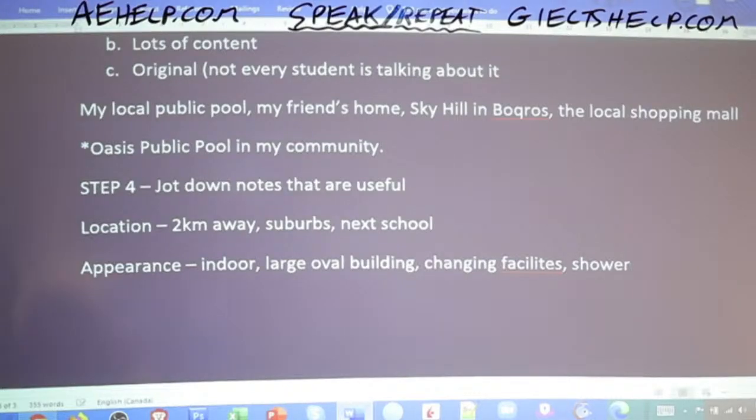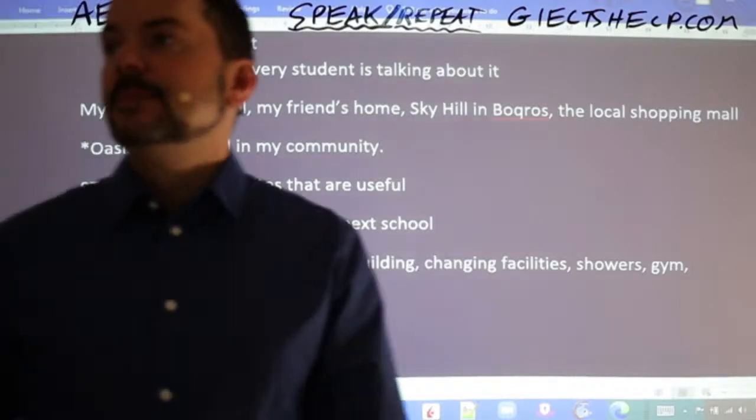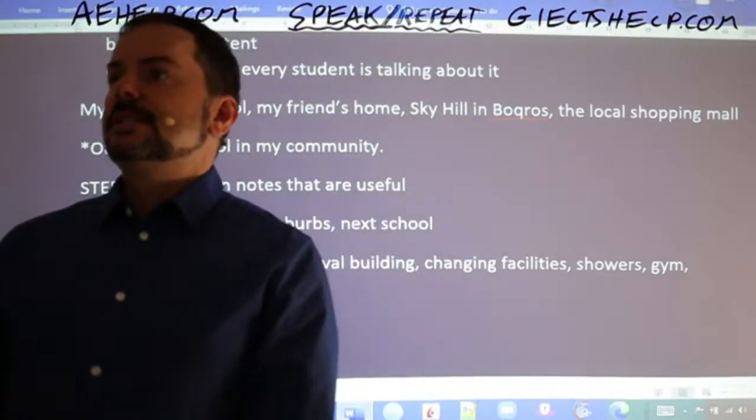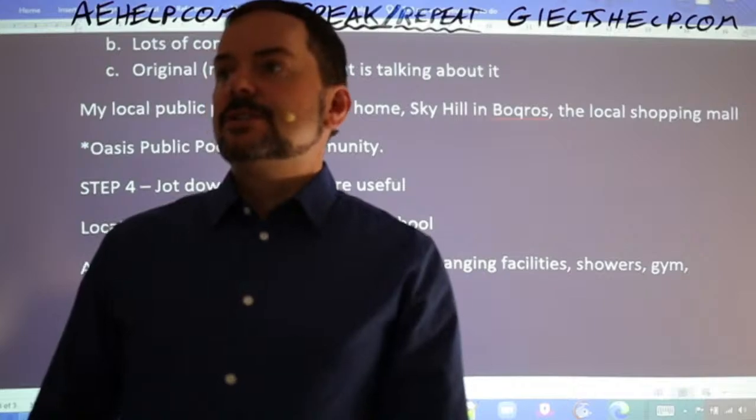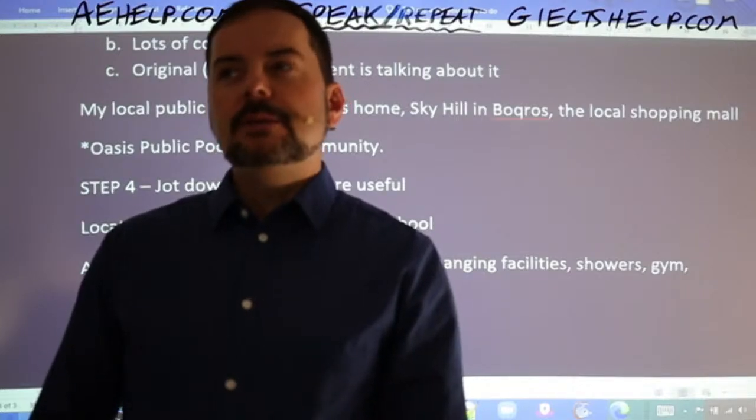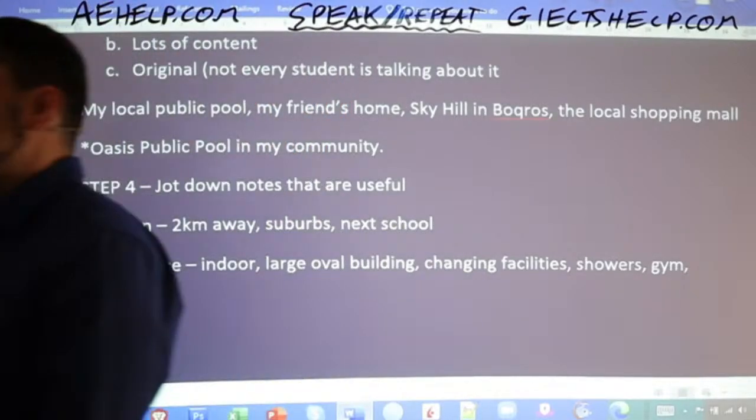Shower. Okay, maybe there's a gym inside. All right. All right, so Oa says it is about 80 square meters. It's probably going to be bigger than that. Okay, so